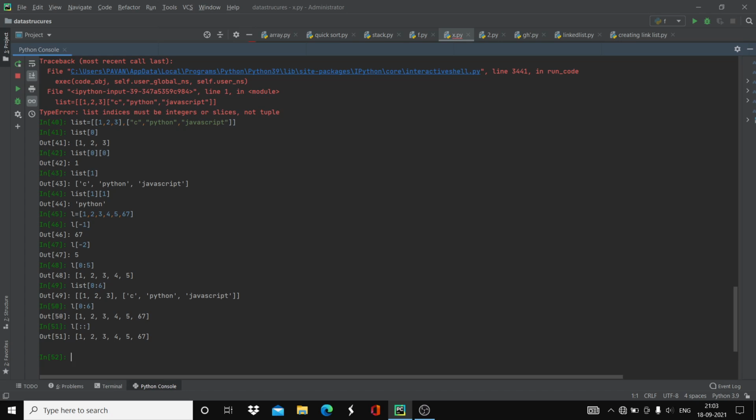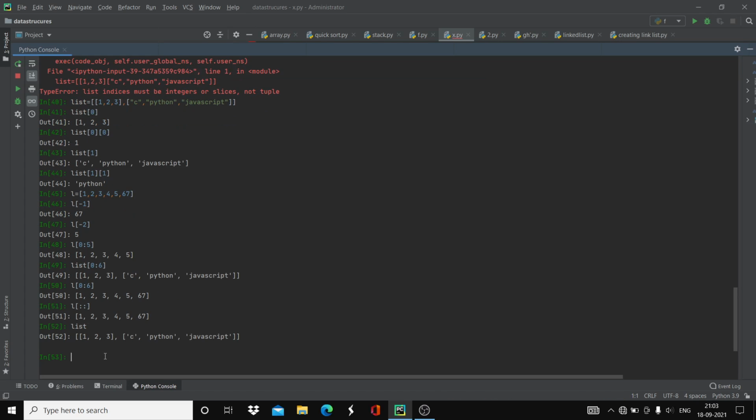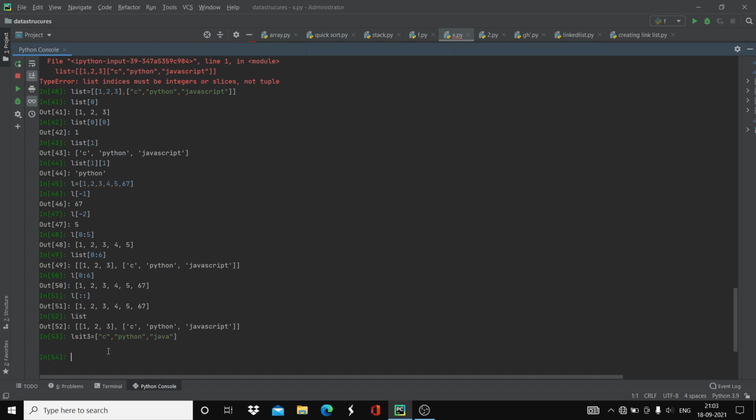Whenever you want, for example, to change the values which are present in the list, let's say we print a list. We'll take a normal list, like list 3 is equal to C, comma, and so on. Don't think I'm taking only programming languages as the values in the list, it's because I'm studying programming.